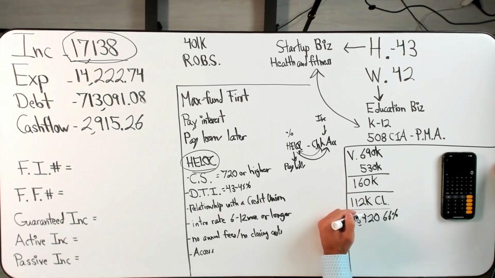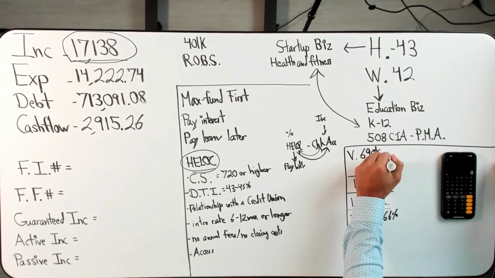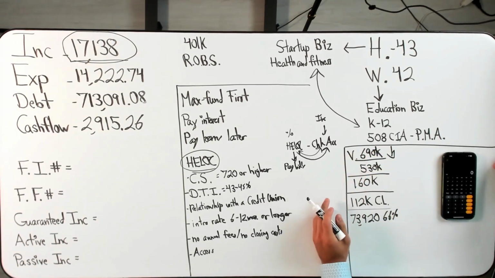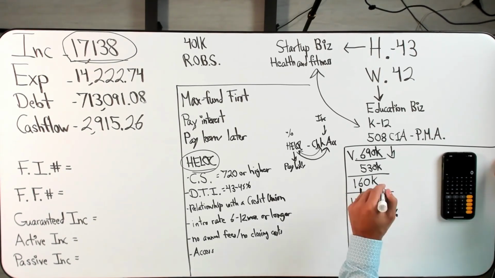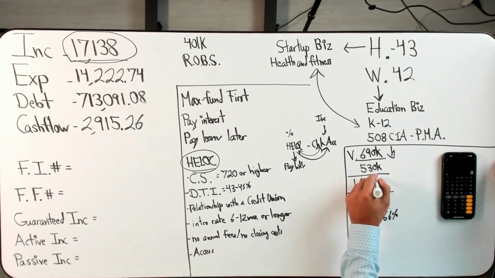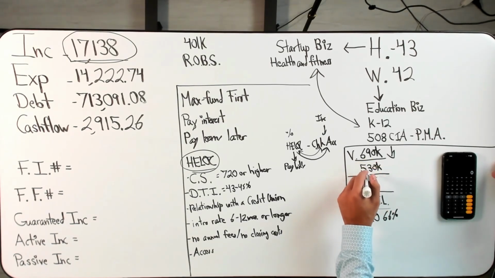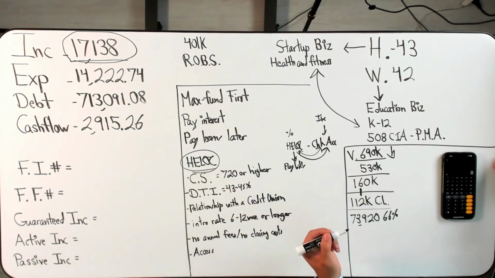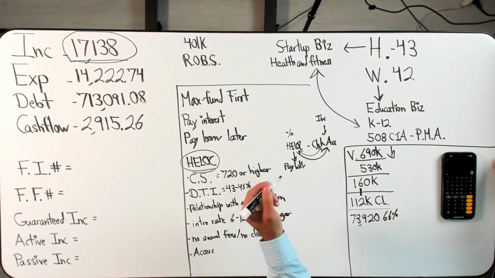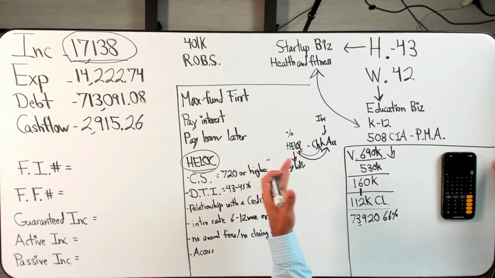Another reason why I do this is if the value of your home was to drop sporadically because something happened to the economy, at least I wasn't over leveraged on my credit limit, right? And even if I was, you still have a gap there, right? Between the total amount of equity in your property versus what you got in a credit line. What a lot of Americans do is they try to get as much equity as they can on top of what they already owe, and we hear the horror stories of people getting HELOCs and then their HELOCs freeze on them. The bank reduces the credit line, or they reduce the revolving